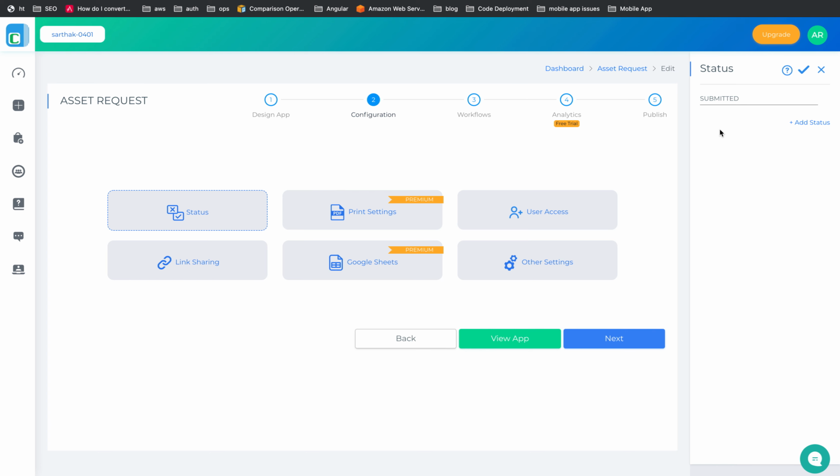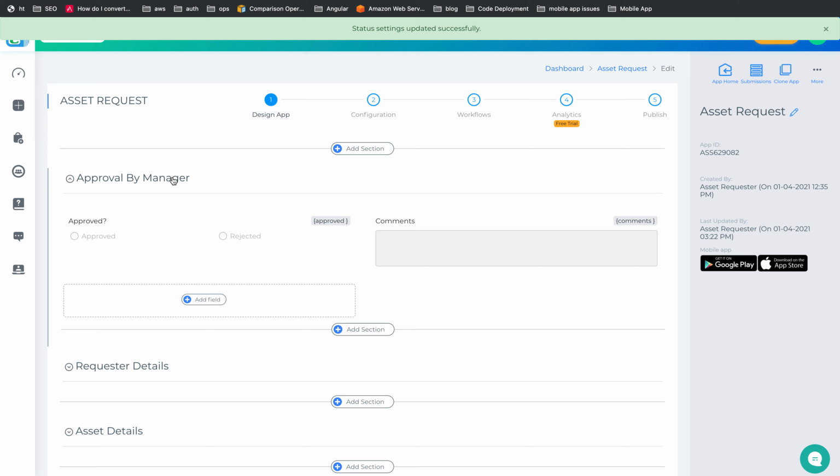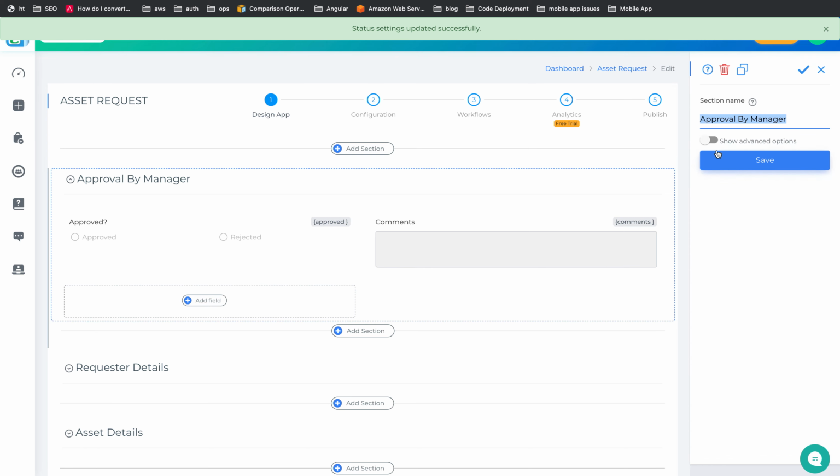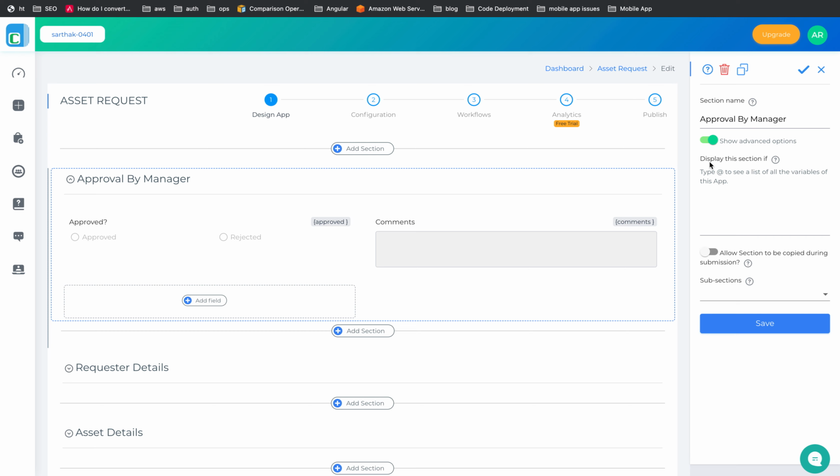The status right now, there is only a submitted status. We can have a couple more statuses like approved, rejected, right? And then we go back to the design app and we say that this section, let's go to advanced options, and we say display this section only if the status is equal